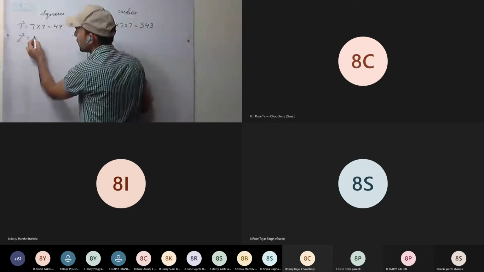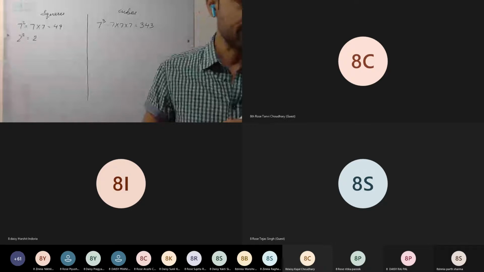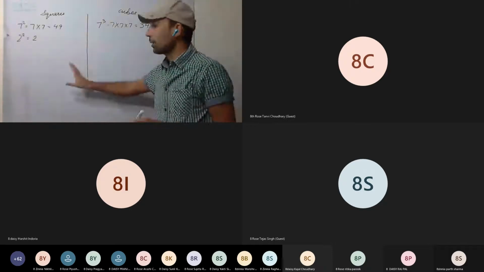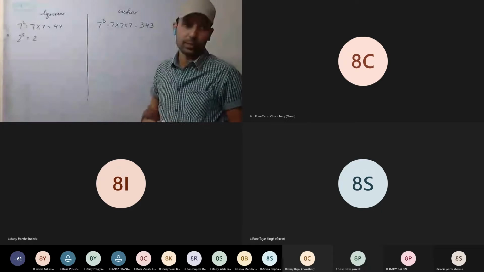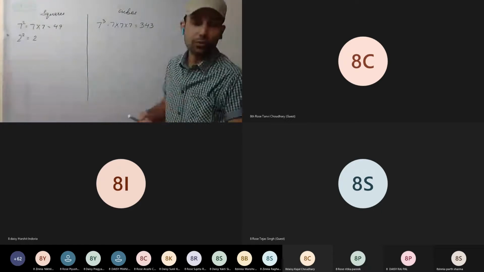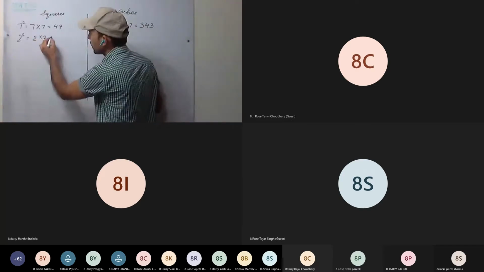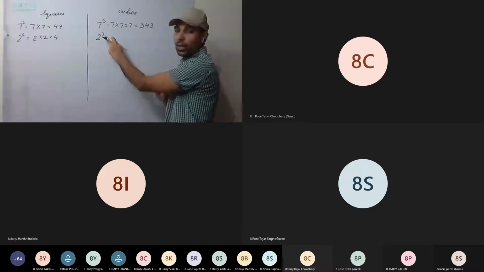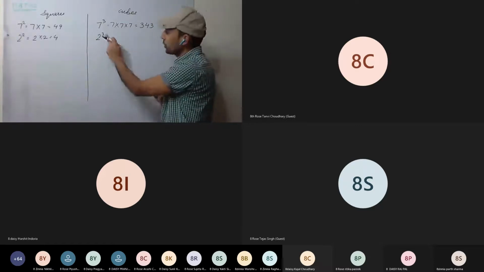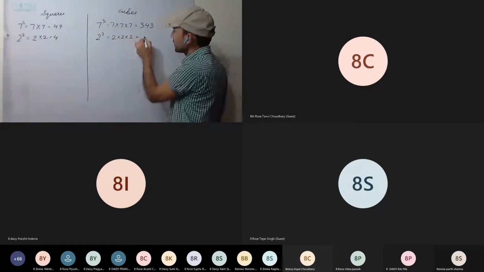Sir, square, which chapter? Okay, I'm just giving a brief idea. It's cubes and cube roots, page 56. We have already completed most of this chapter. I'm revising it again for just 2 minutes, then we will start from where we left. It means you have to multiply it 2 times. It is 4. Similarly, if we have to find the cube of 2, that is 2 cube, we have to multiply it 3 times.